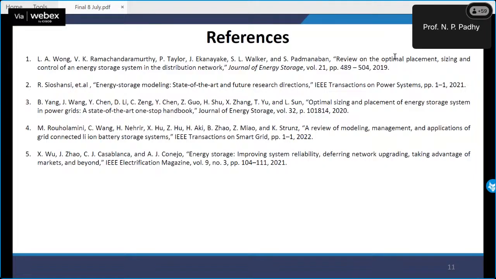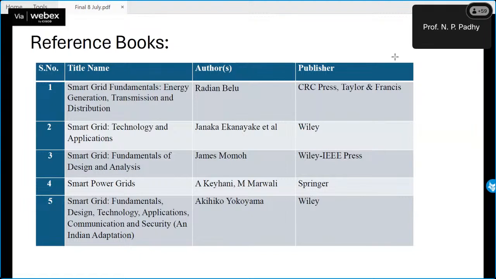You can go through the following references. These are the references that you can see. And finally, yesterday some of you asked me for some textbooks. So my friend Manmohan prepared a list of textbooks that are affordable. I will not say affordable, but I will say they're good books. The fifth one is quite affordable. This is 5-6, Wiley. It's an Indian adoption.